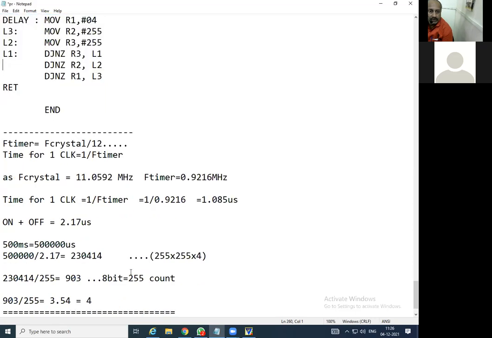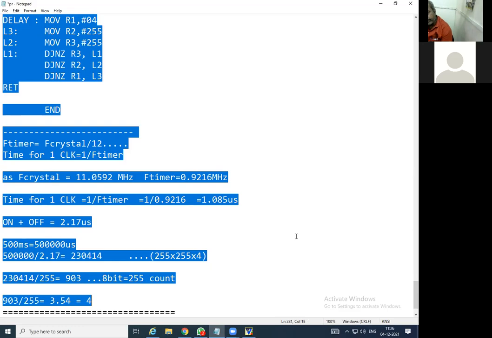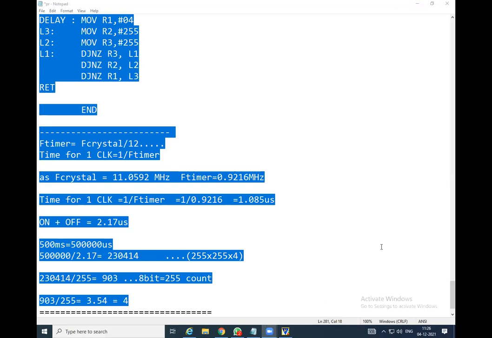This all calculation I will highlight for your reference. You can just check out and you can calculate the count or number of registers for this particular 100 millisecond. So your time starts now. 100 मिलीसेकंड साठी तुम्हाला डिले करायचा आहे तर किती रेजिस्टर लागतील आणि त्यात काउंट काय तुम्ही इन्सर्ट करणार, that I want, and put in the chat box.